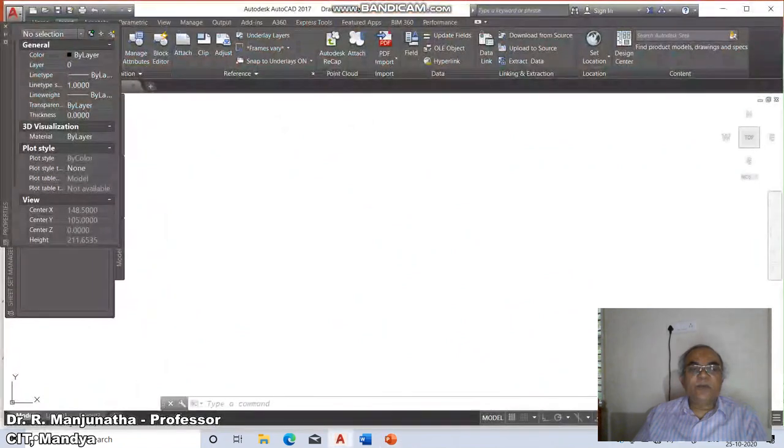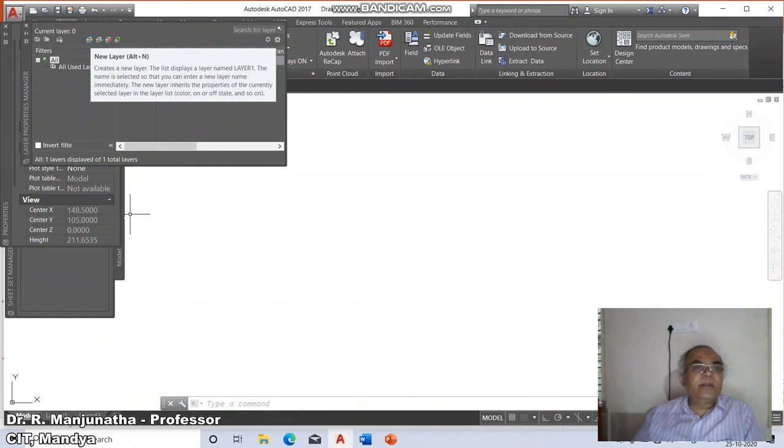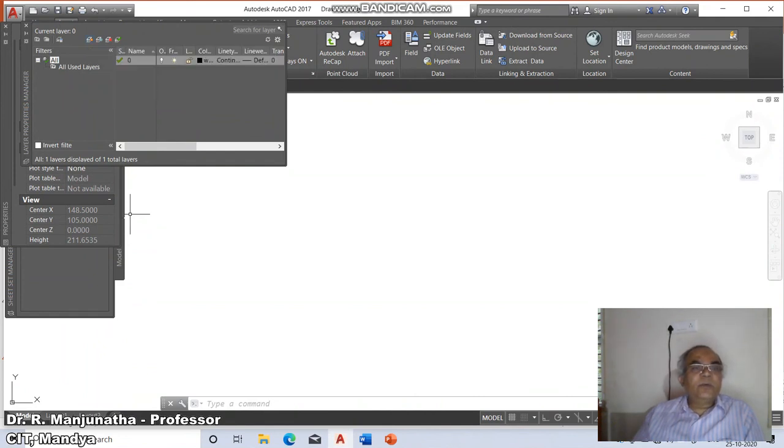To do that, first I will go to the layer command. The command is layer. We will get a dialog box. In this dialog box, we can see layers kept one above the other, which are going to be different layers. By default, we have only one layer, which is 0, with options for on or off, freeze or thaw, lock or unlock, color of the layer, line type of the layer, and the default line width. So these are the various options we will be getting.